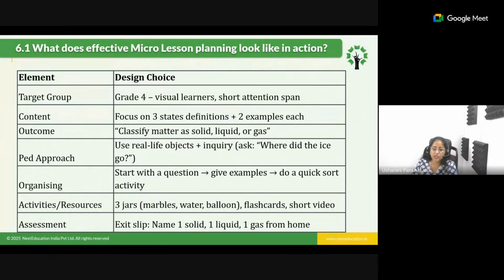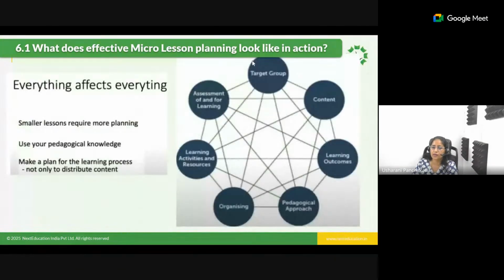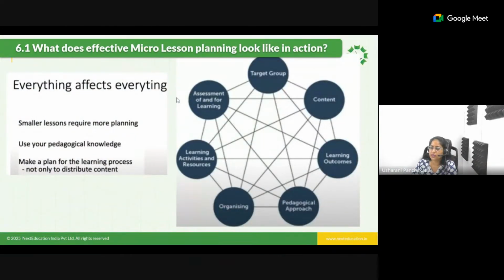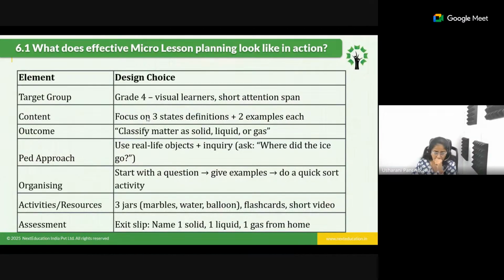This MACVISE approach is very important. So the same example we are taking here, and saying how it has been integrated into this web, right? Now coming to the next one, the target group. Here we need to understand who the target group is, that is grade 4. I'm just giving an example of what we have given here, the target group and content, everything. So you can relate to the video that we have just now shown you.